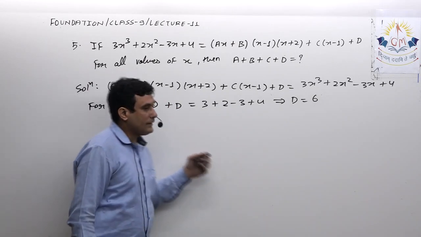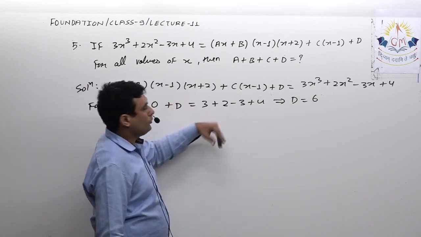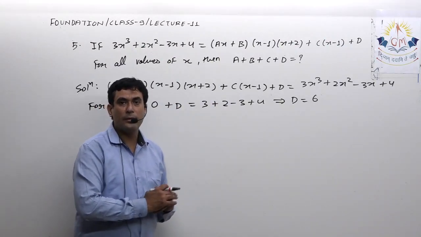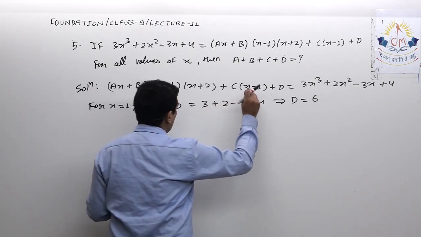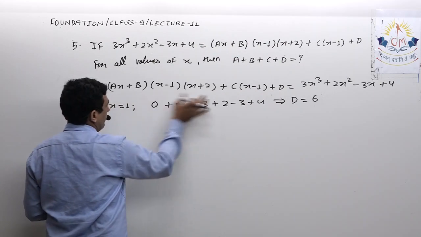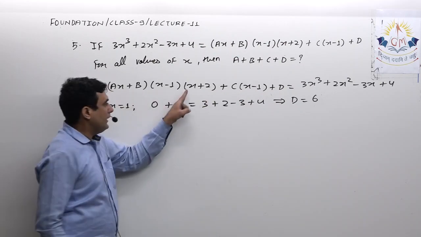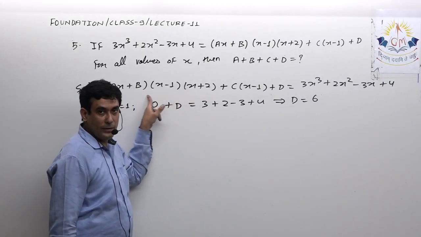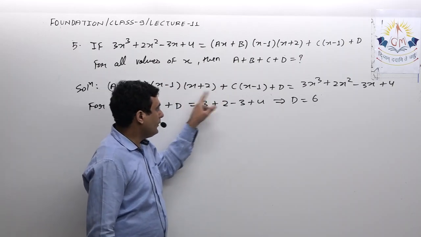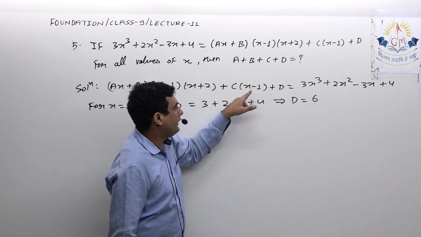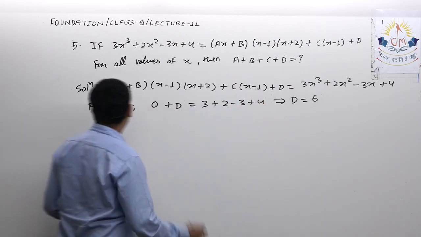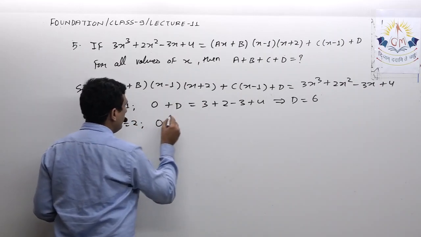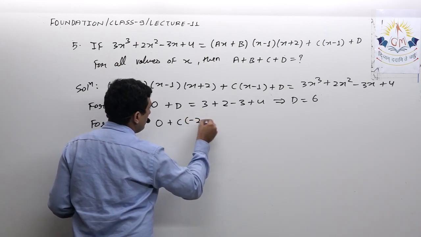Now it is not like that as I put x equal to 1, now I will put x equal to 2, then x equal to 3. You have to observe for which value of x at least one or two terms become 0. As for x equal to 1, this term was 0, as well as the first term was 0. Similarly, if I put minus 2, this complete term will be 0, isn't it? This complete term will be 0, sufficient. This term will be 0, and if I put x equal to minus 2, this will become minus 3c, and d we have already.